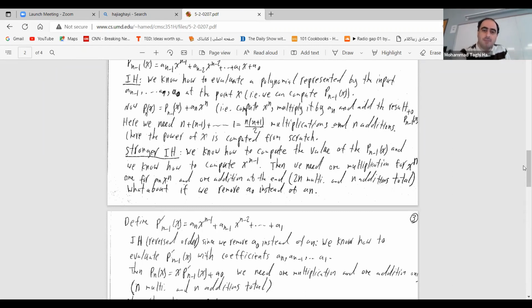So we are assuming that we know the solution Pn minus 1 of x. That was the assumption that we had. But say, in addition to that, I also have x to the n. Good. So when we do a stronger induction, we need to make sure that in the next step we also have both of these values. If I have this number and this number, then how many additions and how many multiplications do I need to do now?